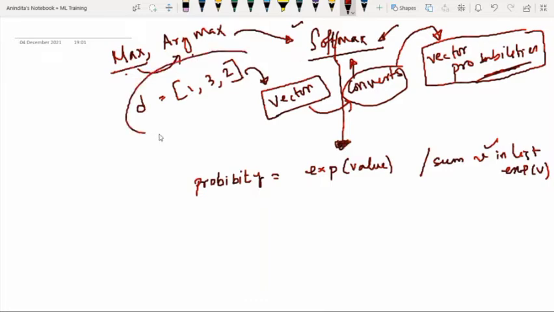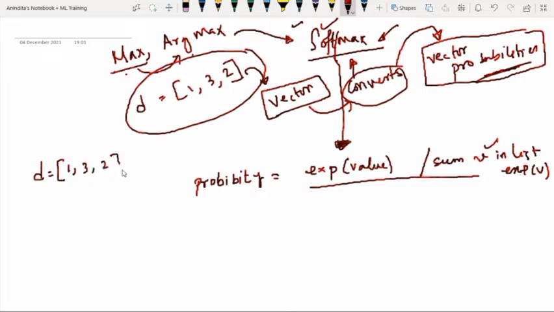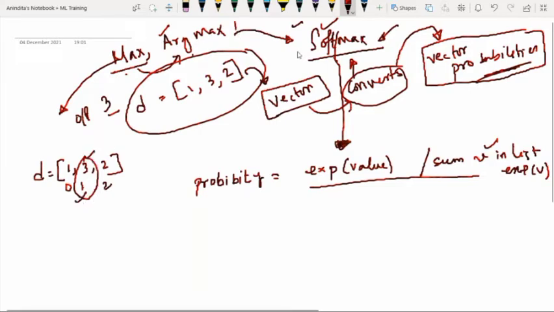Whenever we have some input and we have the activation function as softmax, then it will use this kind of calculation. Now how is it performed? I'm giving you this simple idea. This is our list 1, 3 and 2. If I am using the max function, the output is 3, the highest number. If I use argmax, it is giving the index of the highest number, that is 1. And now see how softmax works.